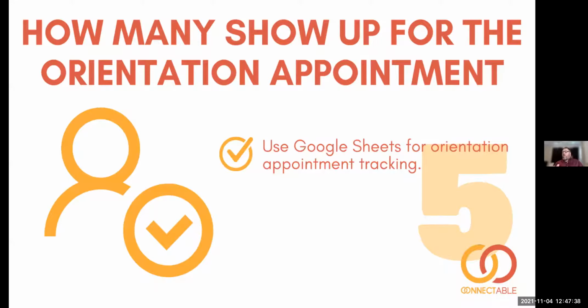But we need to know who they are. And so we help programs use Google Sheets for orientation appointment tracking. And we can take those names of the students who booked the time but never showed up and send messages back out to them, or have the staff call them and set a new appointment with them so that they can come in and finish that orientation process. That's a really key part of it. And yeah, test anxiety is very real.